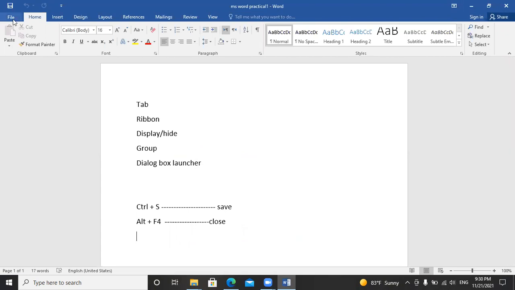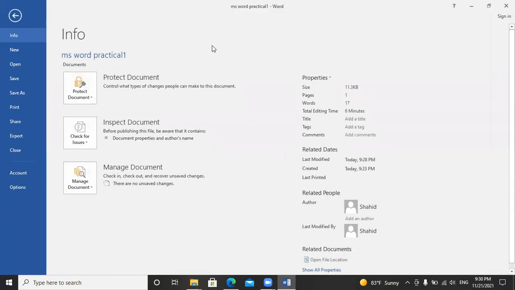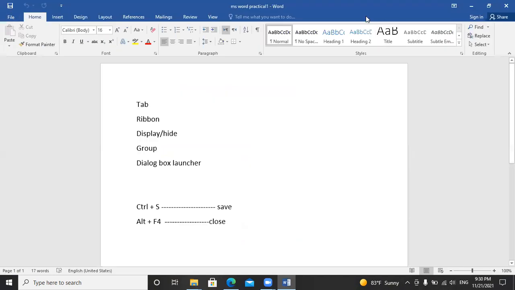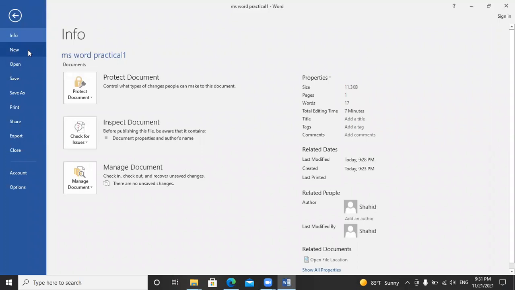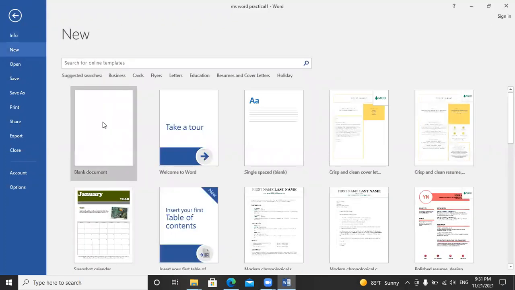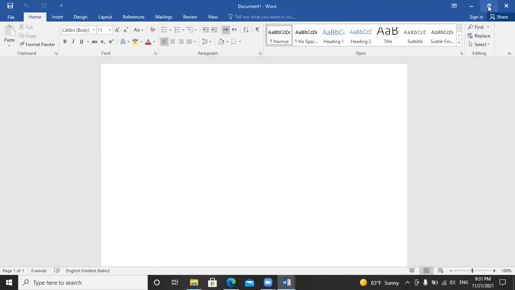One option, click here on File tab, and from the File tab I have to select New, and from here select New Document, Blank Document. Here you can see the name also.